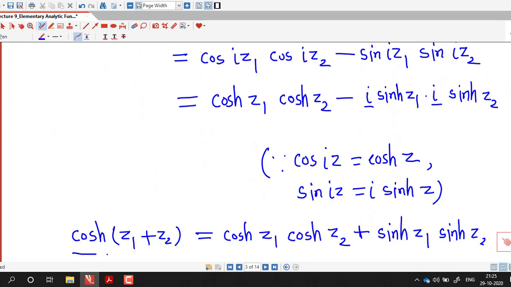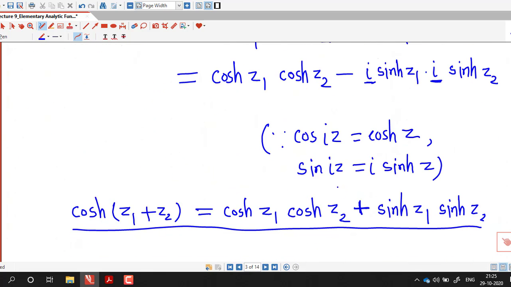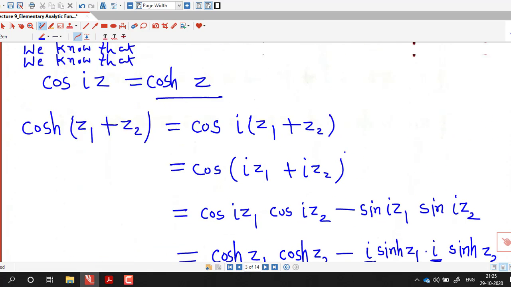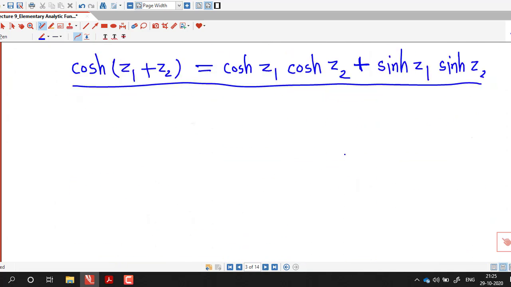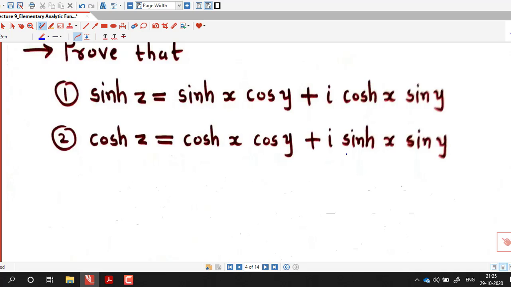Okay, so you can see there is a change here. In the trigonometric cosine function we have a negative sign here, but for the hyperbolic cosine function we have a positive sign here. So that is from this step. So in this way, if we know these relationships, then it is not hard to prove these simple properties of trigonometric and hyperbolic functions. Next property,